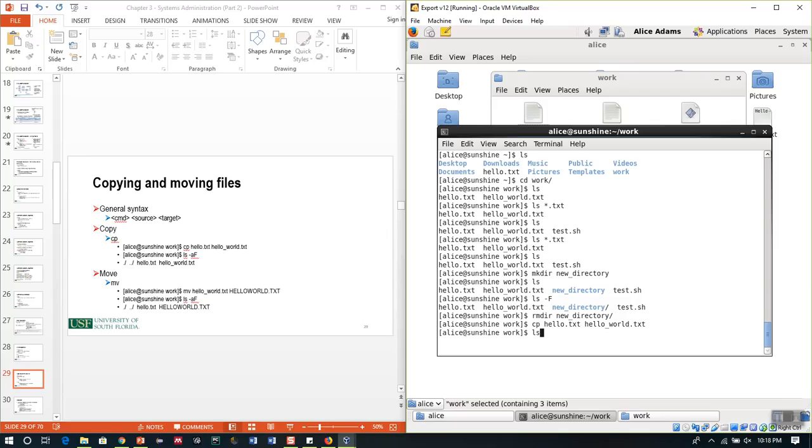Now if we were to do ls -af, remember those are different options for us. That'll tell us what is available for us in that directory. We want to move a file. Let's say that we want to move it and we want to change it from hello world.txt to HELLO WORLD.txt